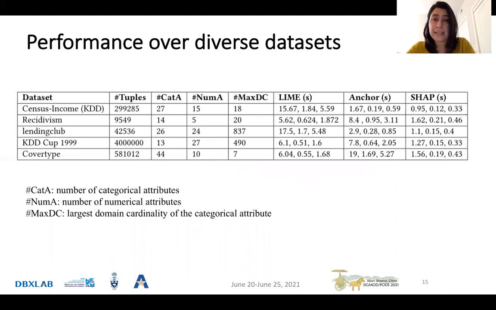And as you can see, in the columns on the right, the numbers are shown in seconds. The first number shows the time taken for the baseline. The second number shows the time for the batch implementation, and the third number shows the time for the streaming scenario.